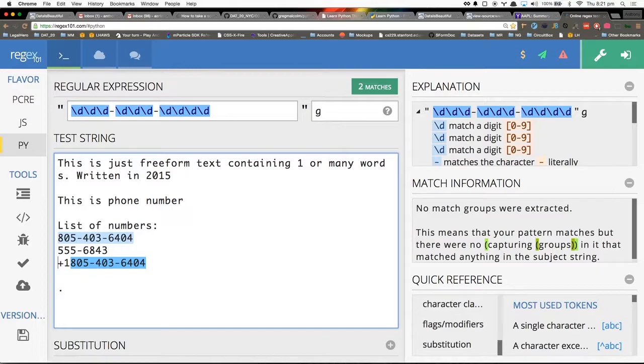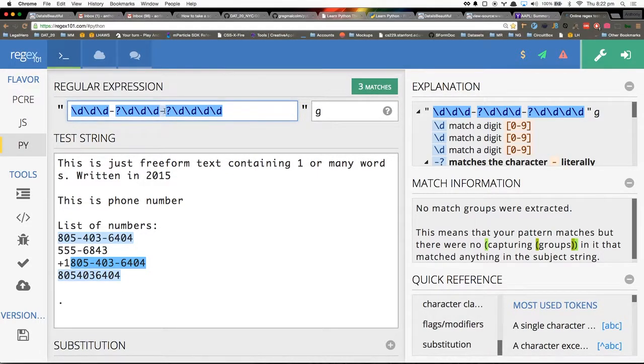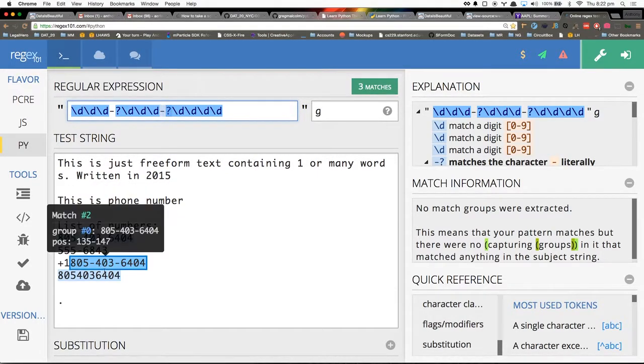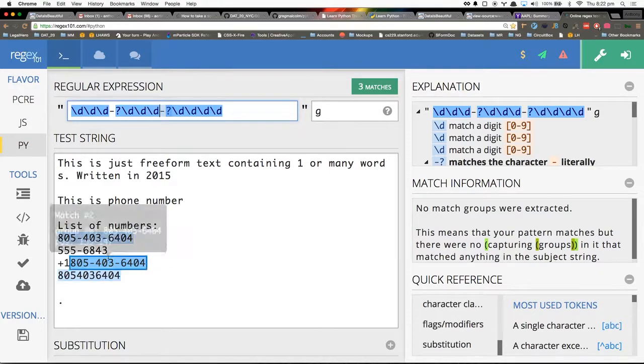And there are times where you can't fully match whatever you want to match with a regular expression, or you have to use some conditional logic, or you have to be clever. But if someone entered it like this, there are ways of handling it. If I put a question mark after an identifier, it'll match this now, because it says if there is a dash, include it. So now it matches whether there's a dash or not. That question mark allows me to say, if it's present, include it. If not, omit it.